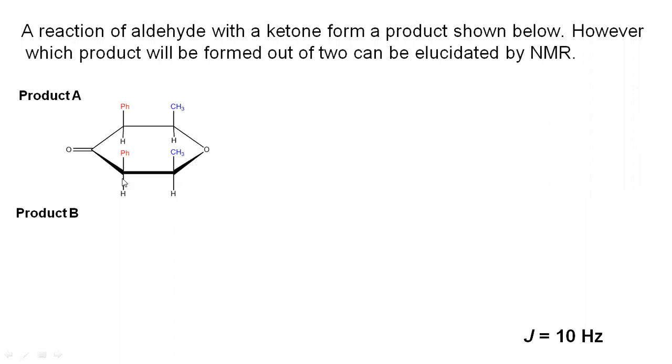So imagine this as a dining table, a 6-member hexagonal dining table, and this is the leg of the dining table. This is also a leg, and this bond is coming up over the dining table. This is also coming up over the dining table, and the H will also be the legs from that side of the table. So you see, what do you say? This Ph is cis to methyl or trans?